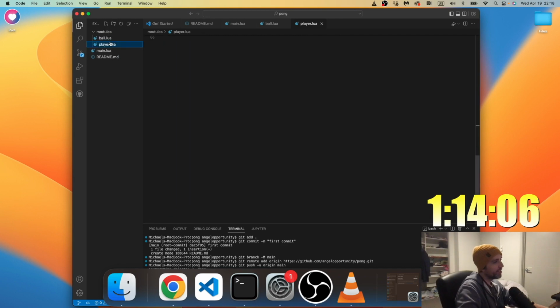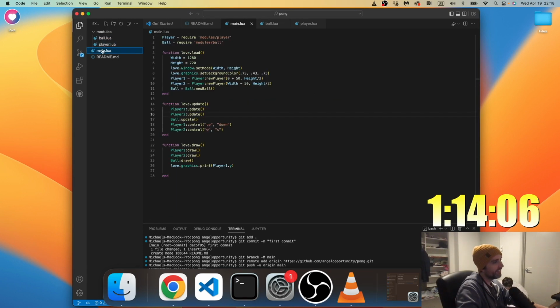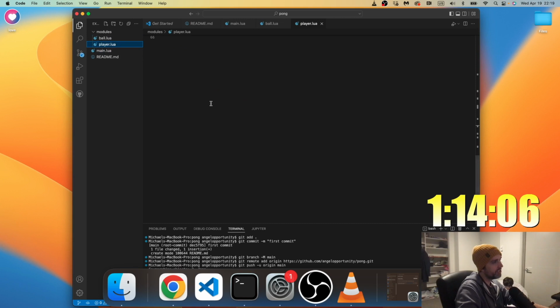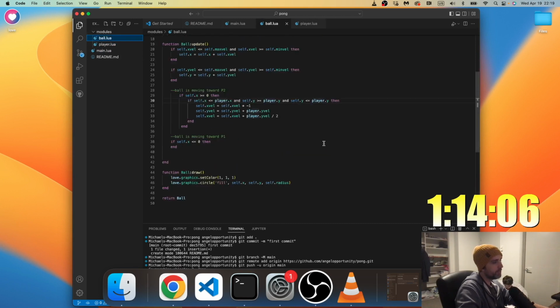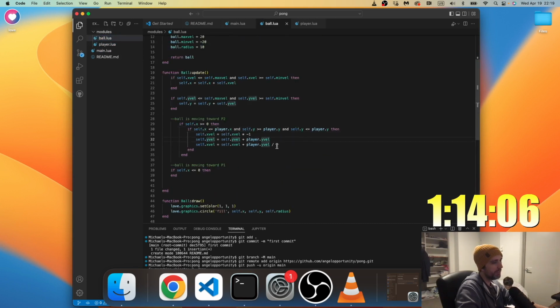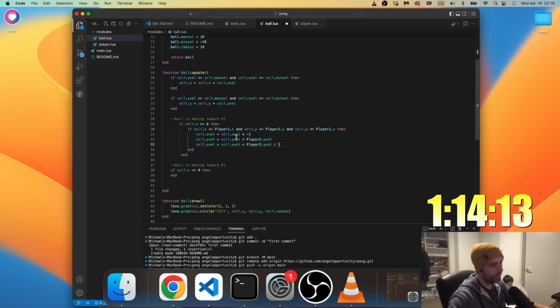I'm trying to figure out something with the collisions right now. That's the tricky part, honestly the hardest part. I'm just trying to figure out how to make it see the paddle. This is obviously not the optimal way to do this, and I'm probably going to change it eventually.